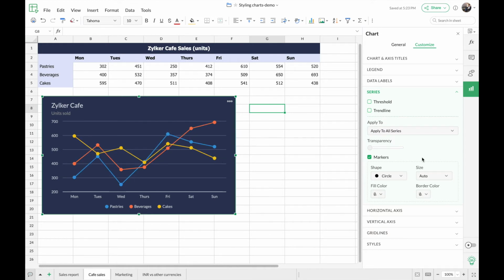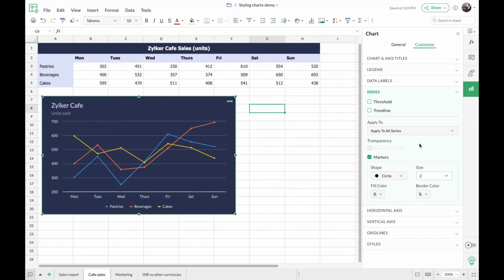Since I have multiple series in this graph, the markers that I've added are looking a little bit intruding or crowded. So I'm just going to decrease the prominence of these markers in the graph by reducing their size. Here you can see the size of markers being shown. So I can simply choose from here. I'm going to select 2 here. You can see how the marker points are smaller and they're not too intruding in the graph, but the data points are also clearly visible here.